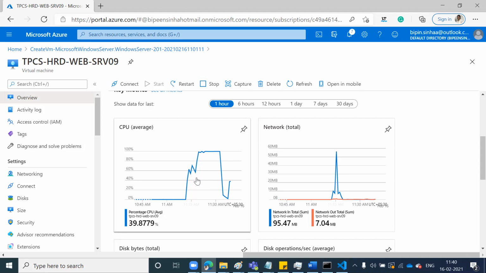We all know that everything is sitting on some server rack, right? So this Azure, how is it? This is also sitting on a server rack. The only difference is you are not able to see the hardware, whether it is IBM or Dell. You are not able to see the rack, whether it is an EMC rack or a Cisco rack. You are not able to see the switch, whether it is a Cisco switch or HP switch. But everything is the same. It means that in the background, they have the same infrastructure.